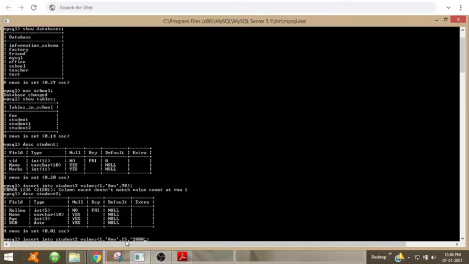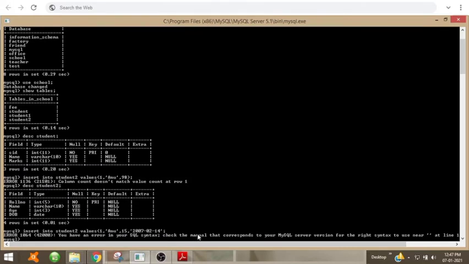I'm just giving a sample date of birth, not worrying about whether the age and date of birth are correct or not. We have 4 columns: roll number, name, age and date of birth. So the roll number is 1, then name Anu, then age 15, then date of birth. Date of birth should be enclosed in single quotes.